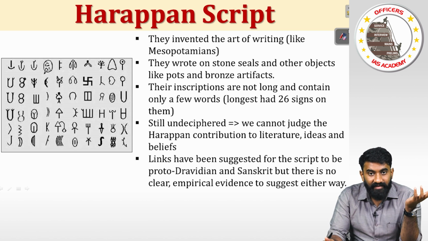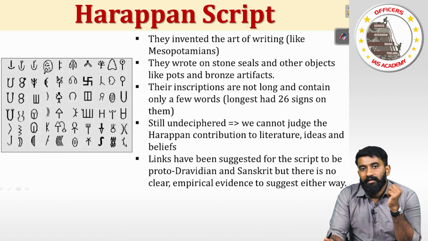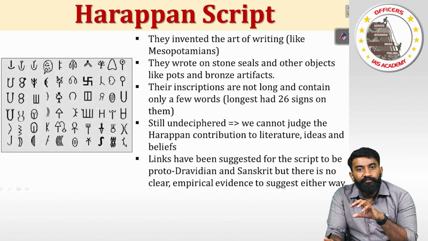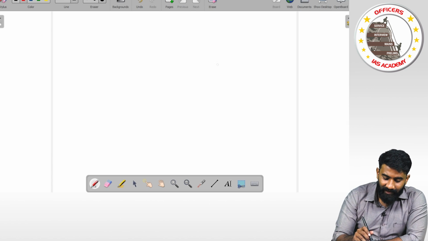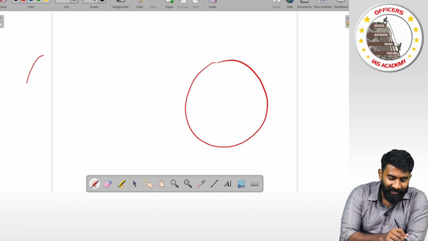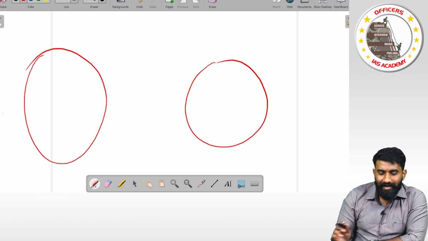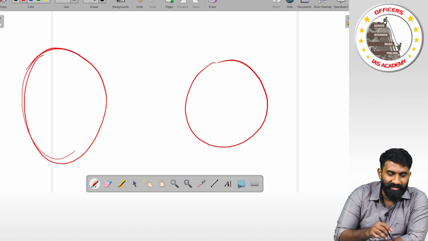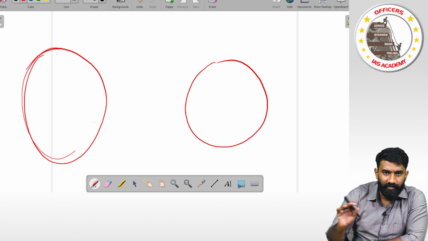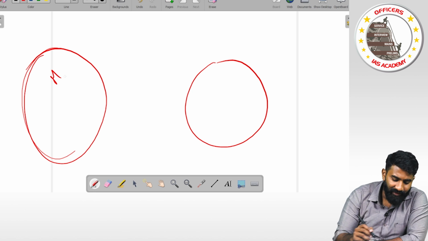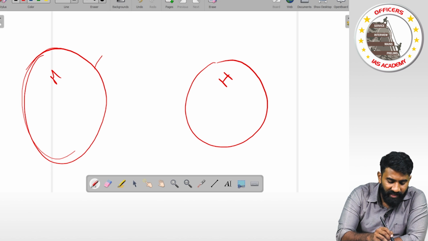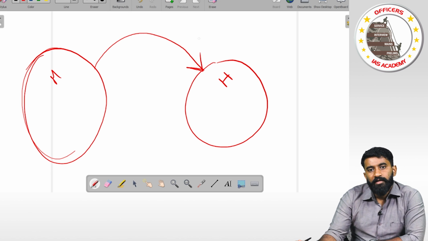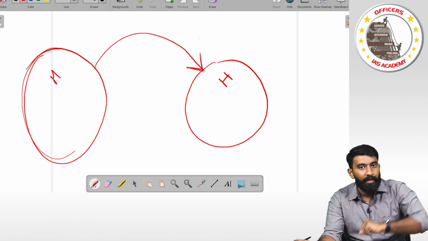Now, there were some British historians back during the British days who said that Harappan script is a derivative of Mesopotamian script. If you remember, the Harappan civilization is here in the northwestern part of India, and the Mesopotamian civilization is also here, very close by, in the Middle East, modern day Iraq, Syria, those regions. So, that is where Mesopotamia is. British historians say that it is from Mesopotamia that the script came to Harappa. So, this is one more theory with regards to the origin of Harappan script.